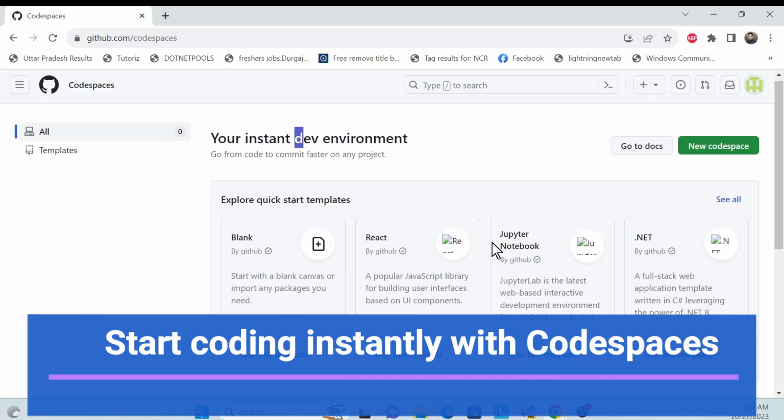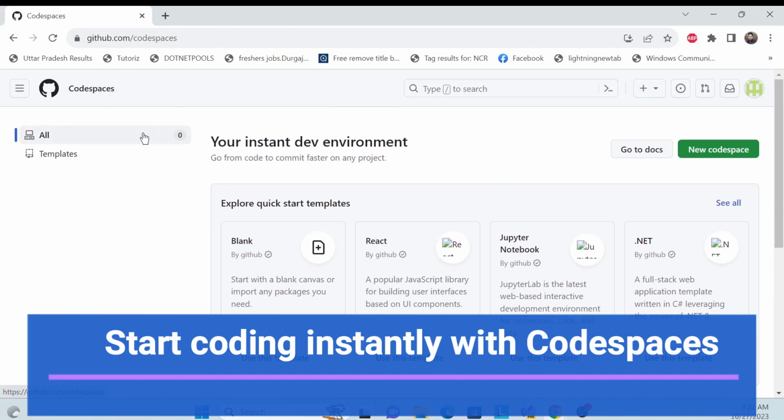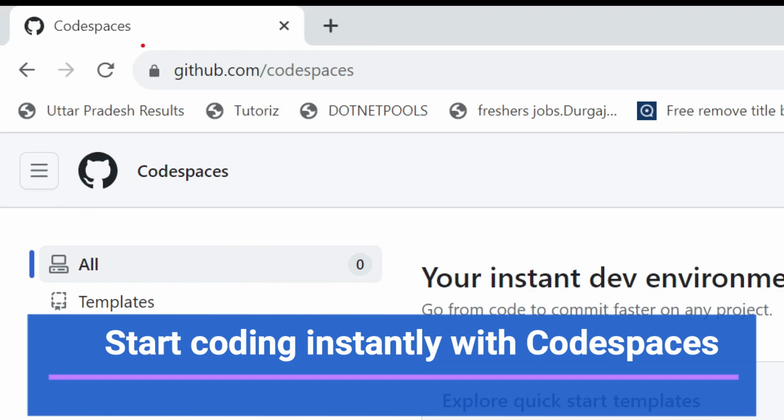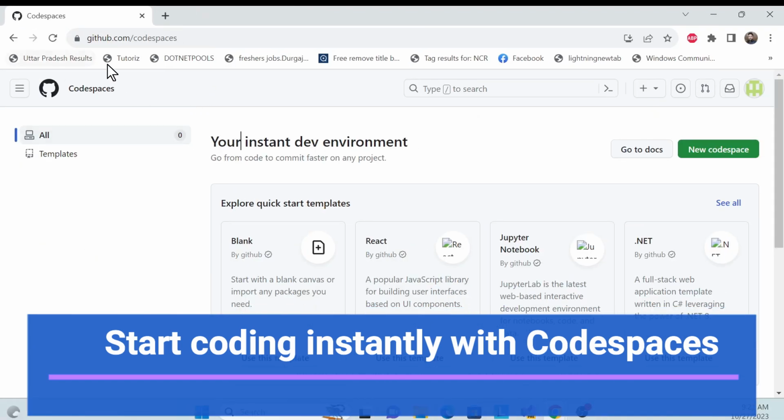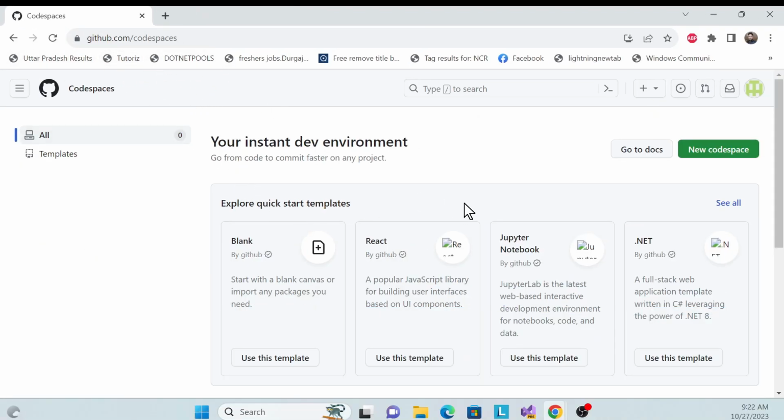Okay, so let me zoom in for you. This is GitHub Codespaces, and this is a link. If you do this for the first time, it will ask for GitHub authentication. Once you've done your GitHub authentication, it will land on this page. This URL actually helps you create your app directly on the GitHub deployment server. Also, if you click on All, or click on Templates,